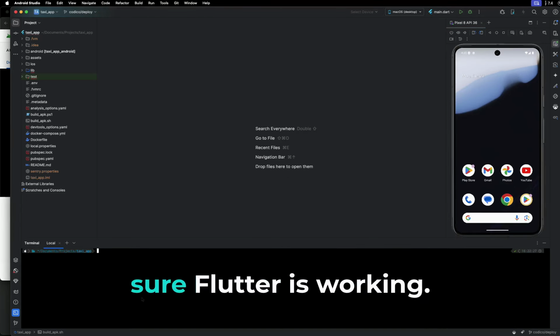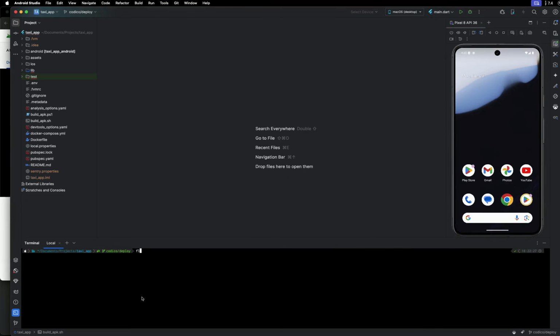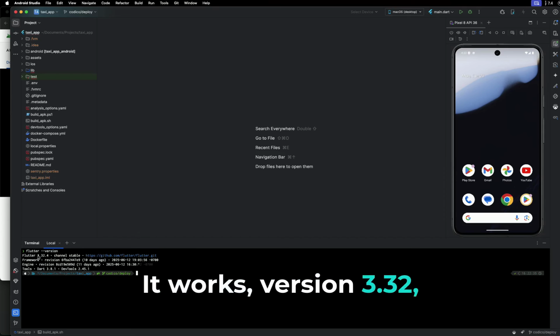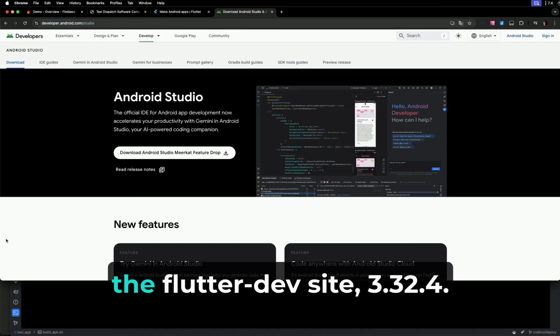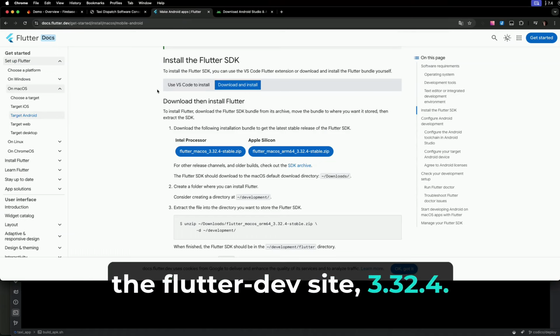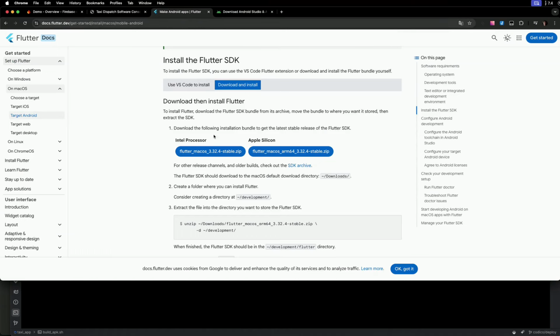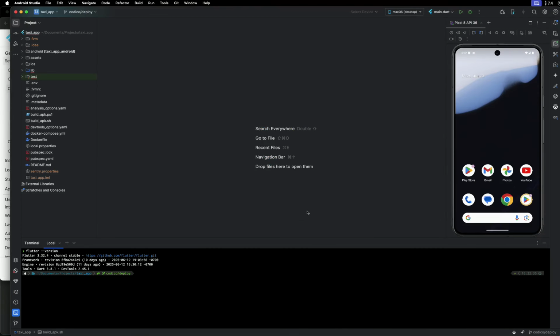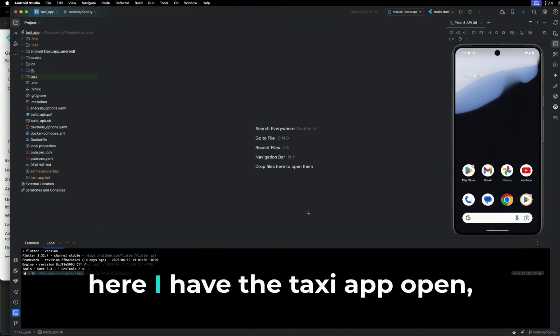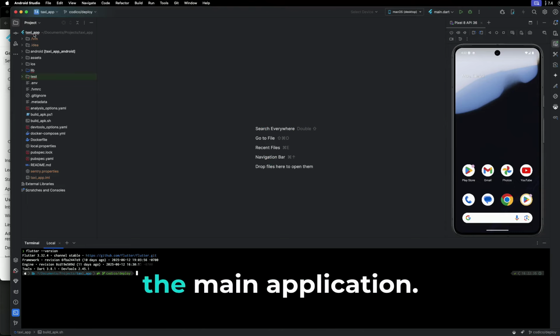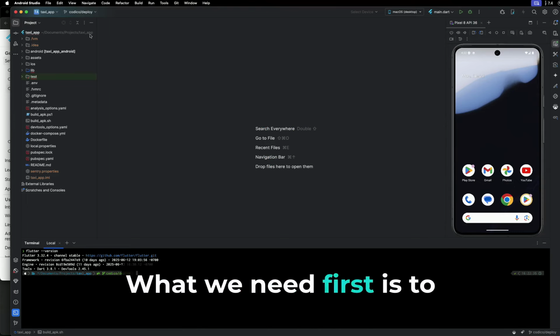Open the terminal to make sure Flutter is working. It works, version 3.32, which is the latest version on the Flutter dev site, 3.32.4. Next, what we need first is, here I have the Taxi app open, the main application. What we need first is to